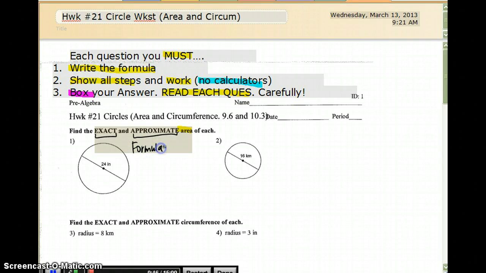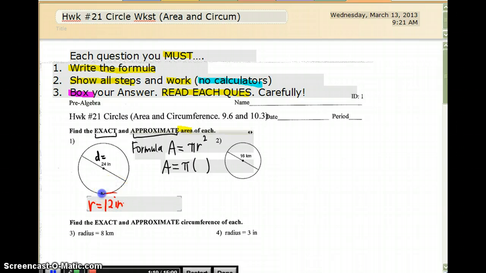The formula for an area is A equals, A standing for area, pi r squared. Okay, then I'm going to plug in my appropriate radius for r. So my area is equal to exactly pi, and my radius here, well, this is actually the diameter, so my radius is half of that, which makes 12 inches. So I'm going to use 12 inches here, and I'm going to square that. So 12 times 12 is 144, so my area is exactly 144 pi inches squared,